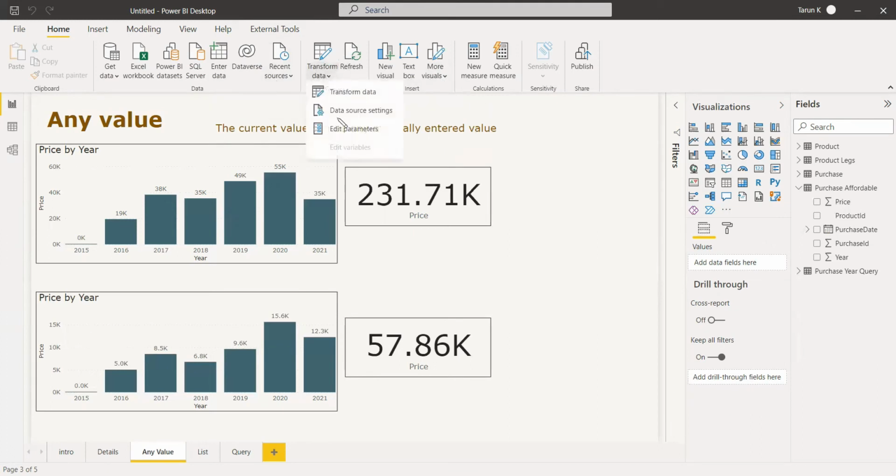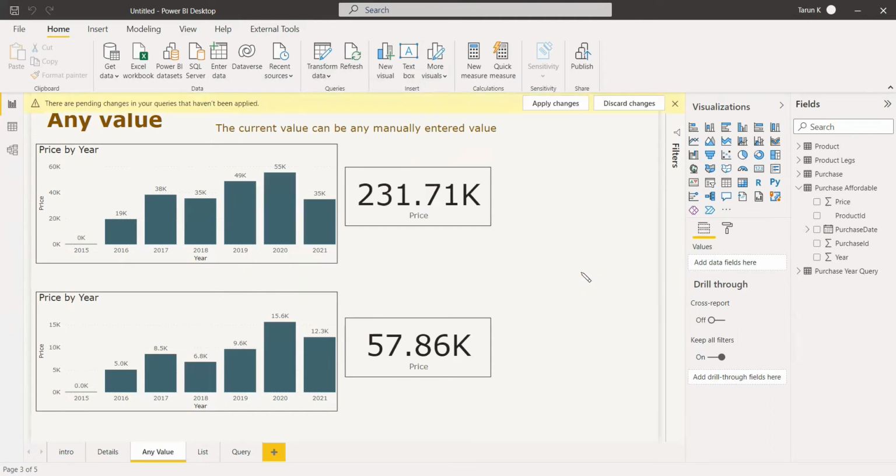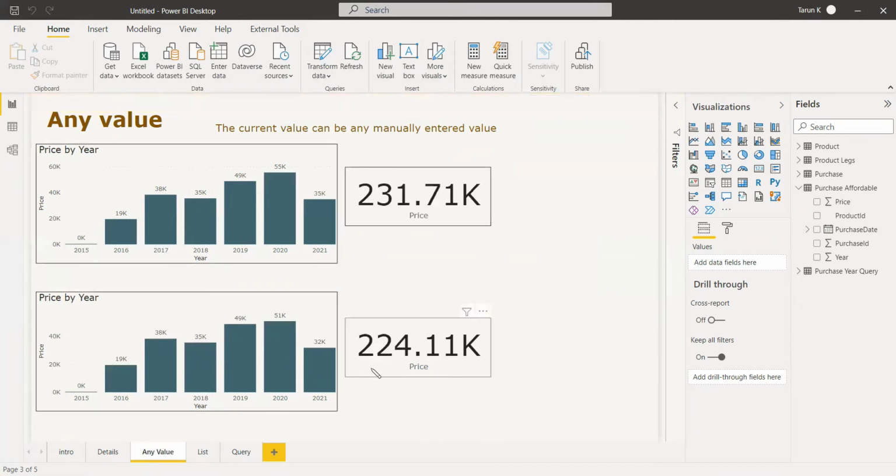You can go to transform data, edit the parameters, give 16 and apply the changes, and see it is coming near 230. So this is all about any value parameters, where we can enter a value and with respect to that value we can filter the entire data.